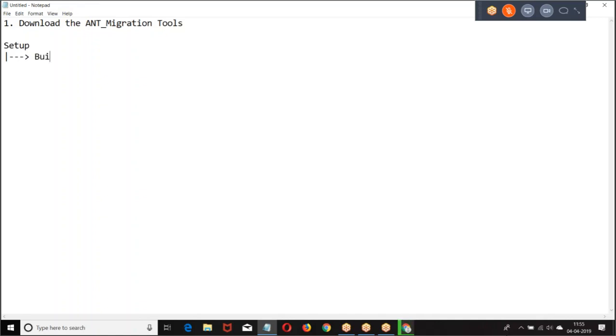Setup. Develop. Lightning platform tools.